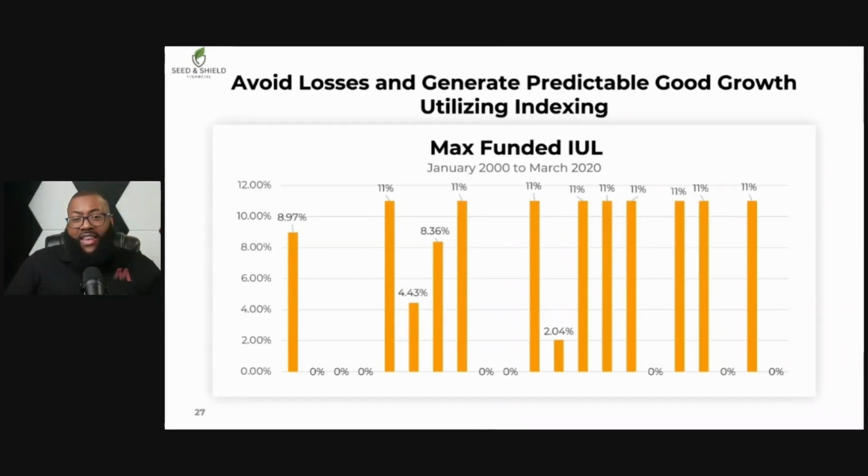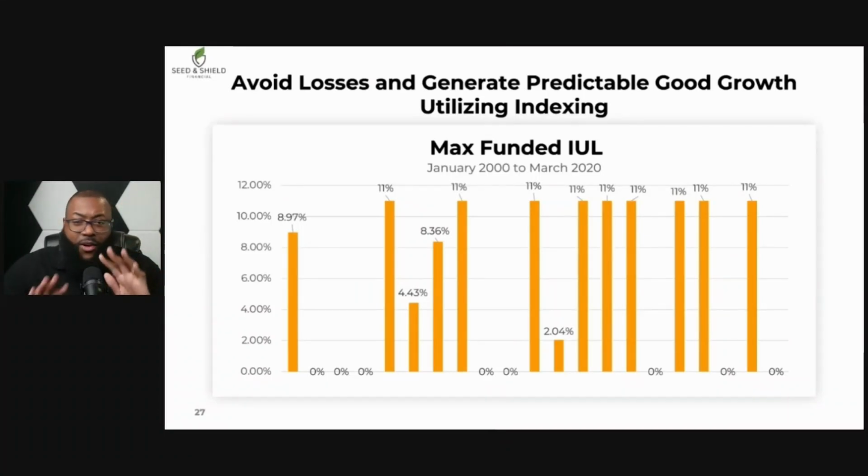So again, remember that last slide where that person had to go through pretty much hell with the rapid losses and not getting enough gains the whole time, right? This same person, if they had an IUL, their journey would look a whole lot different. So that first year where they got 8.97% for the S&P 500, you can see here that they would share the same result. They both would get 8.97% because remember, the cap is 11%.